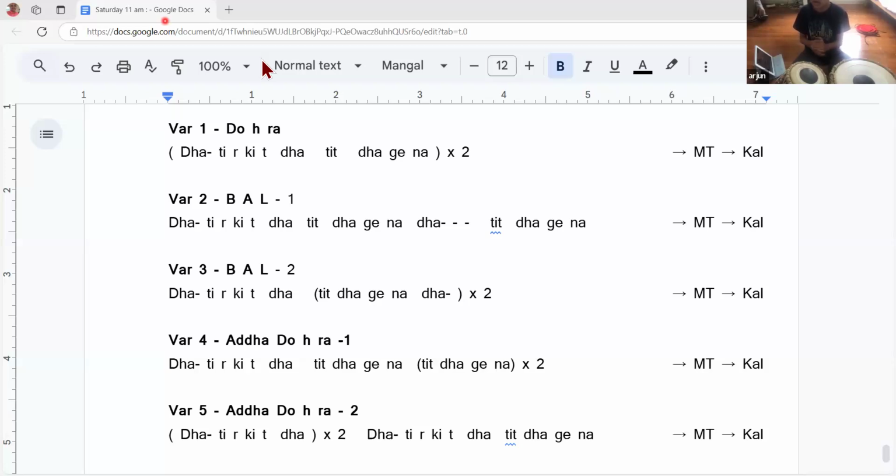din na ge na da ti ra ki ta tha da ge na da ge na din na ge na da ti ra ki ta da ge na da ge na din na ge na da ti ra ki ta da ge na da ti ra ki ta da ge na Rokita titta gena tata gena tinna gena tati rokita